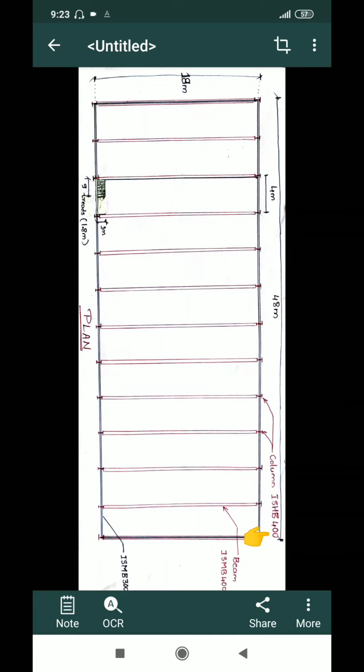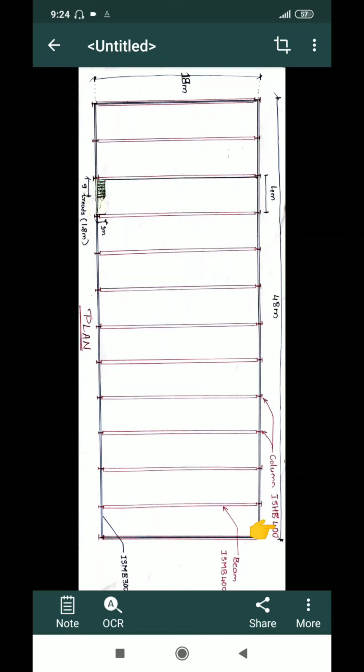There are different types of I sections provided in the steel table, like Indian Standard Lightweight Beam, Medium Weight Beam, Heavyweight Beam, Junior Beams, and Wide Flange Beams. For columns, if the loads are more and the spans are more, we choose either a wide flange beam or a heavy beam. Here I am choosing a heavy beam, since the span of the building is large, that is 18 meter. The load on the beam is going to be transferred to the column.